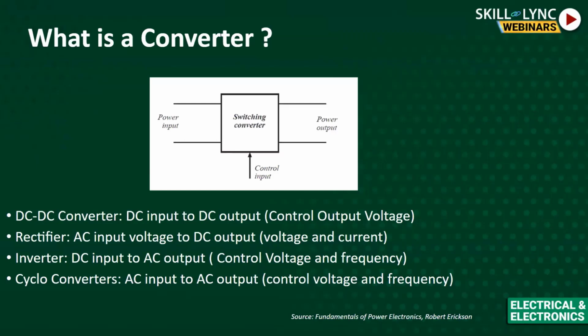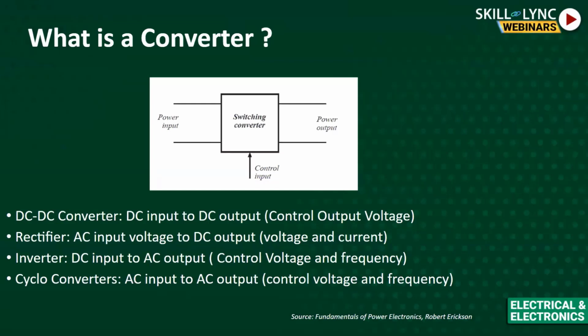And a rectifier, which is nothing but AC input voltage to DC output. Of course, you might have studied phase control ones in academics, but this rectifier uses switching converters, which also take AC input voltage and give DC output. This rectifier we use to control the line current, basically to shape the line current, which is in phase with the line voltage. The purpose of this switching rectifier is to control or shape the line current.